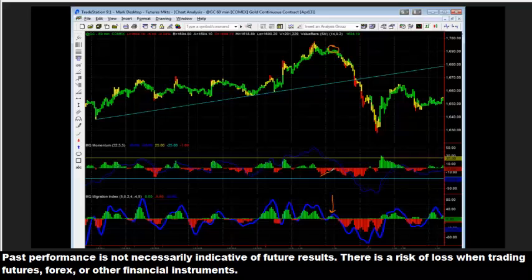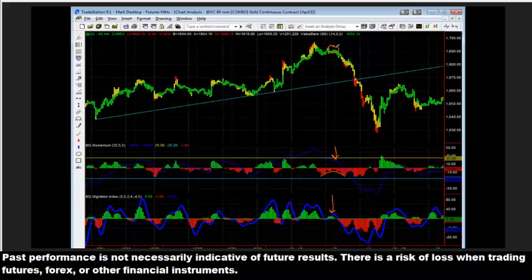Now, your fair value here, so this is not overvalued, but this is a situation where I would definitely challenge you to watch. And we've talked in previous videos or webinars about using what we call a strategy-assisted technical approach, where you could turn on a short strategy here, because the odds favor it. You have momentum dropping off here with the indicator line, you have it dropping off here with the histogram, and then you have the migration index also agreeing with you, and then you've got a beautiful trend line down here as well.